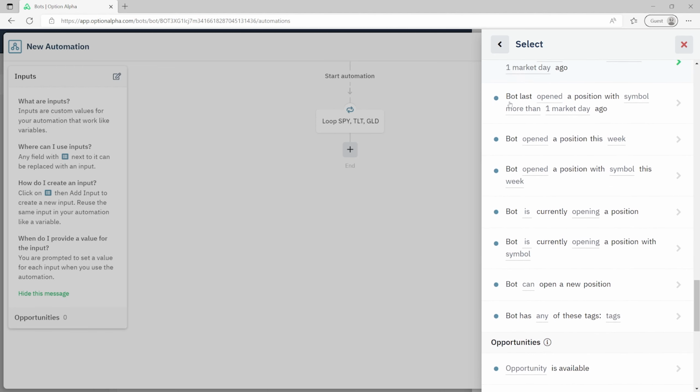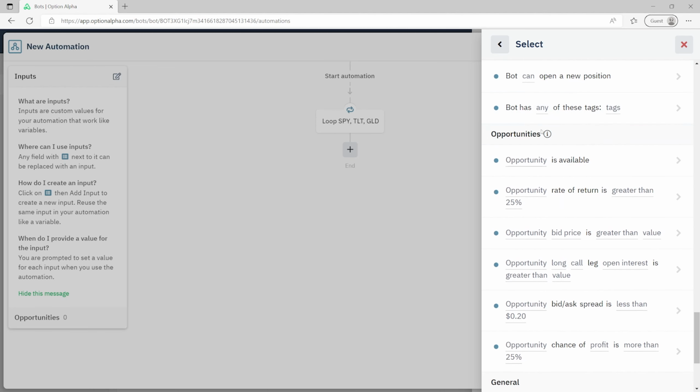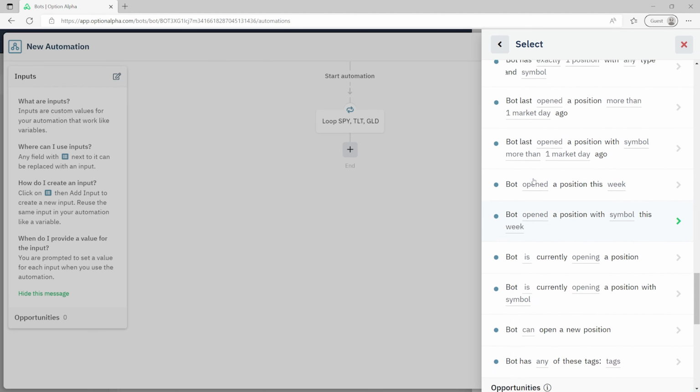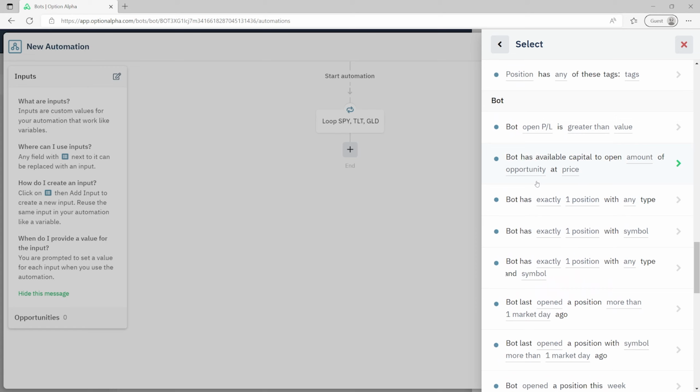I'll just keep scrolling. We're going to come back up to bot. You have opportunities, and you have general kind of functions. Okay, I'm going to scroll up to bot because we want to find the one that is talking about positions. Bot has exactly 1 position. Okay, let's click on this recipe,